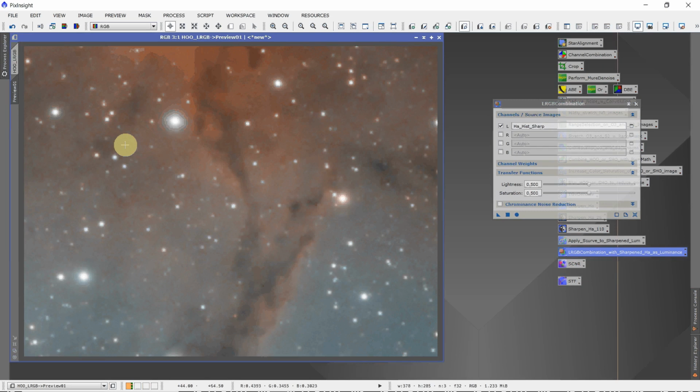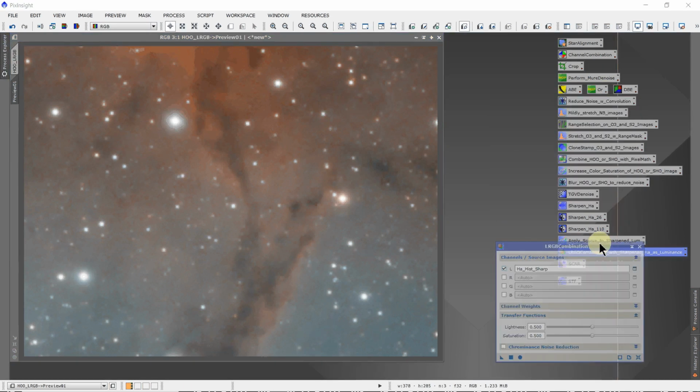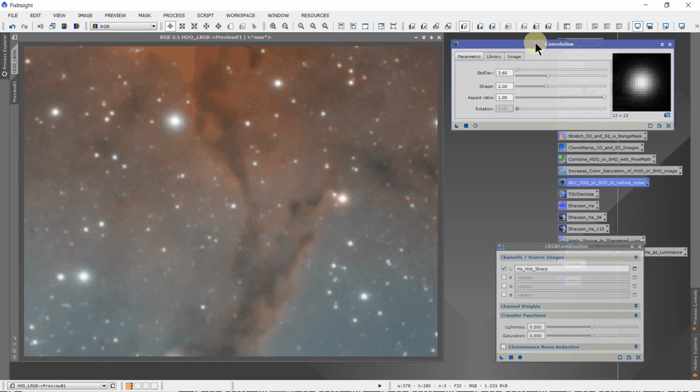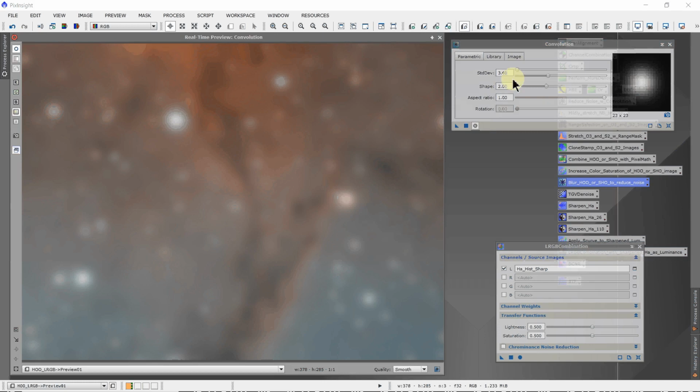We can go to the convolution tool. Convolution, aspect ratio 1, shape 2, standard deviation. This is the one that you adjust. And let's do a preview. If you have noise in your image,